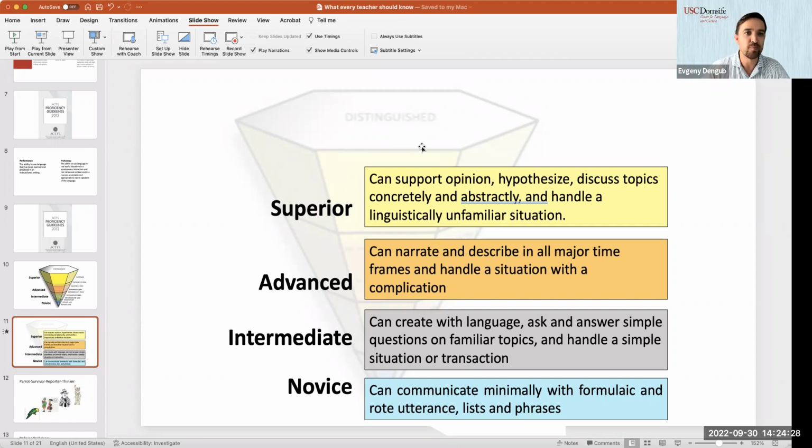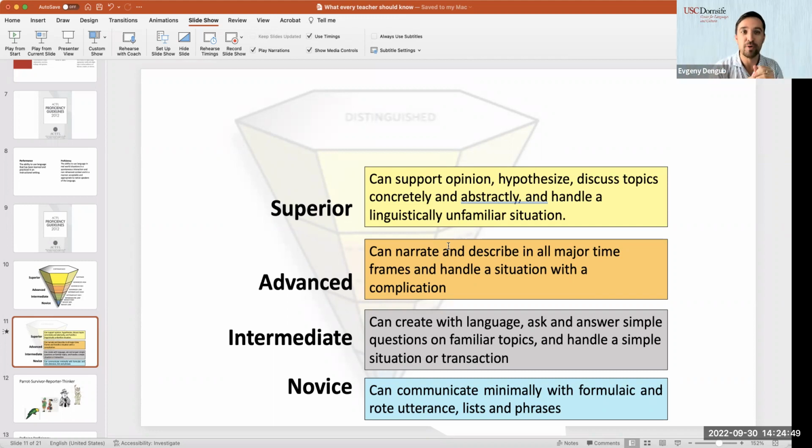It just means producing non-rehearsed materials. Advanced level speakers can create and describe in all major timeframes and handle situations with a complication. If your car broke, you could call and explain what happened. Or